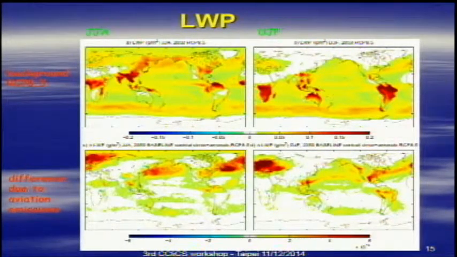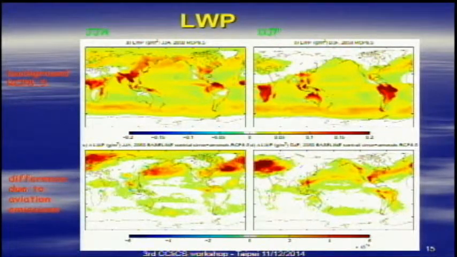And this is the liquid water path. The top panels are taken from the background meteorology from RCP 8.5. And the bottom panel is the difference due to aviation aerosols from the control simulation in which there's no aviation emissions. So when I saw this plot pop out on my screen, I almost screamed. But I presented this in my section last week. No one knew why I was screaming, and I tried to give them hints and hints. No one could get it, so I just point out why.